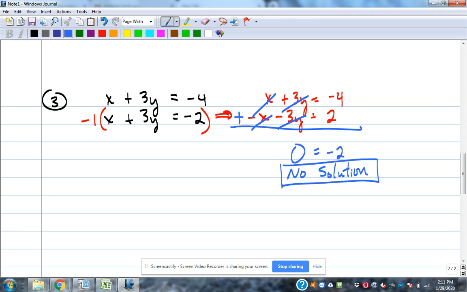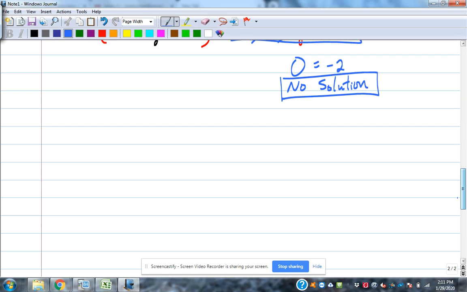So we're changing the sign of one entire equation to get an opposite so that they cancel out. Not too difficult. Let's look at number 4. -10x plus y is equal to -15. -5x